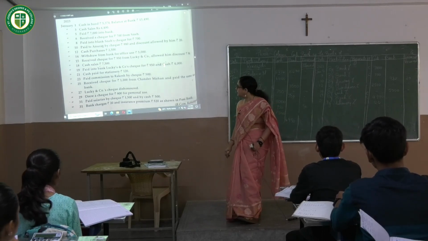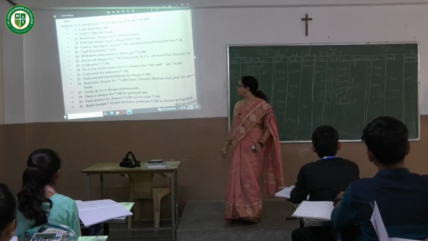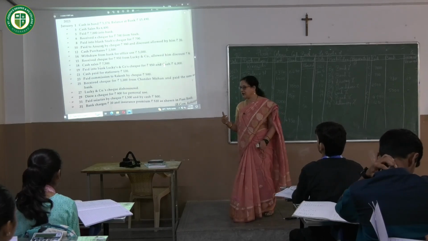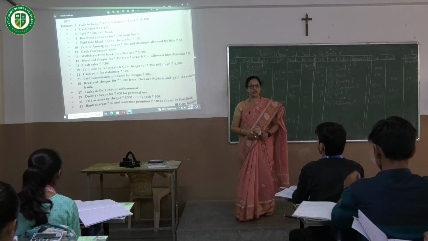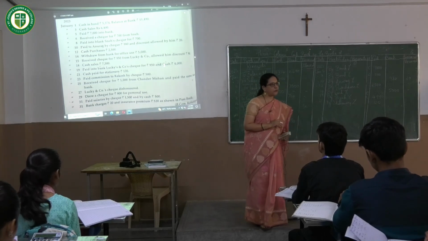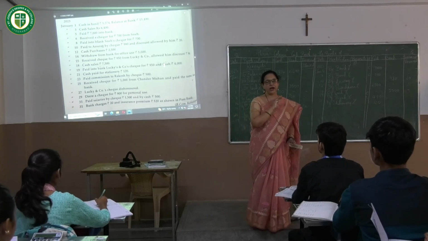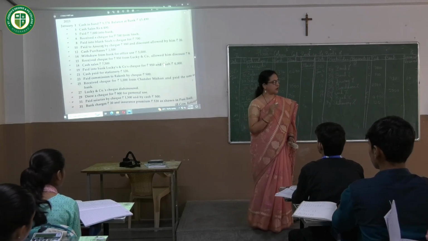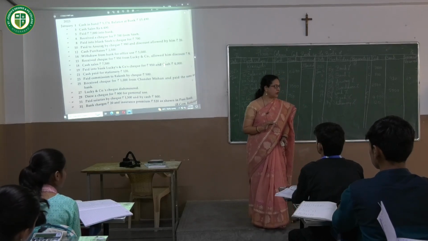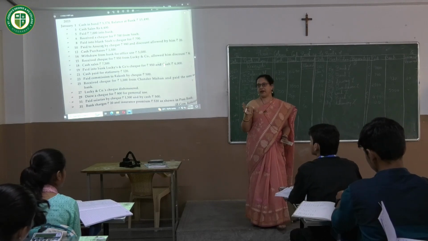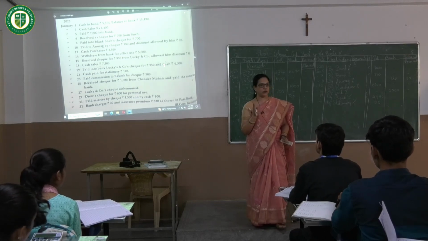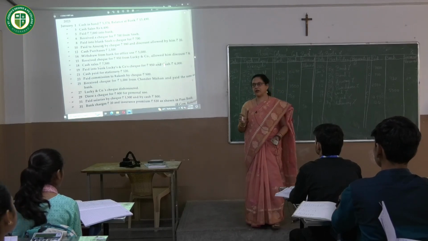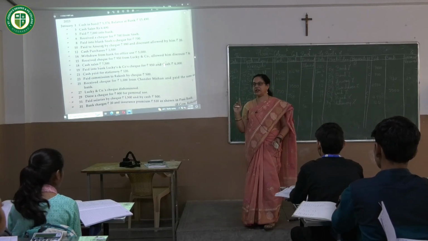See the next one, paid commission to Rakesh. What did I say? By check. So it comes as, whom did I pay commission to? Rakesh. Is that important? When I pay expense, the party to whom I paid, whether it is A, B, C, Rakesh or whoever, the person is not important. We have rent paid to landlord. Landlord is not important. What is important is rent and cash or bank. Same way here, when expenses are paid, party is irrelevant.